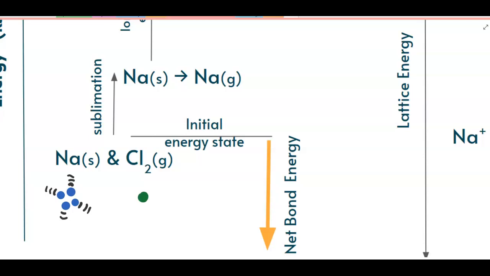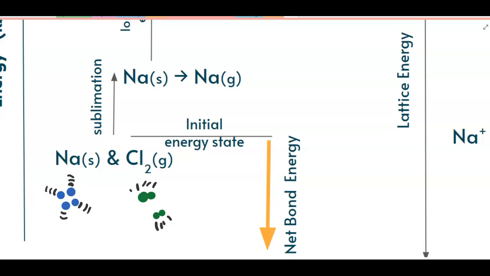Chlorine is a diatomic molecule with 2 atoms of chlorine moving rather fast as a gas, so I'll put some whizzy lines showing their motion. And so we have 4 atoms of solid sodium, I could have drawn any number, and 2 molecules I'm showing here of chlorine gas in their initial energy state. We don't know exactly how much energy each of these contain, but that's not as important as the changes that